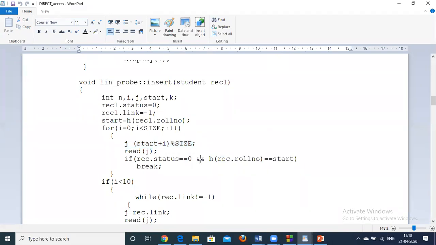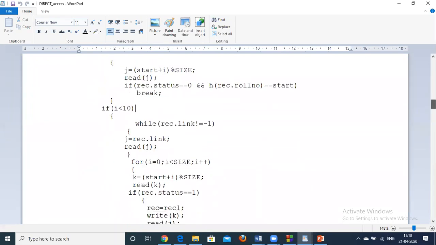So until we reach the empty place or we get the start of the chain, we will go to the next place. So this loop will give us the start of the chain if there is any element of that chain existing, or it will take us to the empty location.